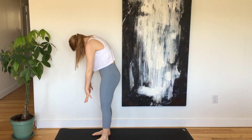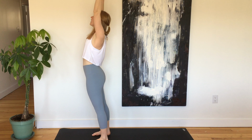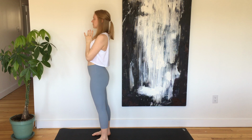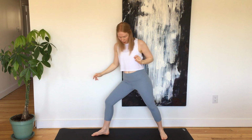Rolling all the way up. And big stretch up overhead. And then exhale, bring your hands to heart center. Take a breath in. And a breath out. Okay, from here, we're going to keep the right foot forward and step the left foot all the way